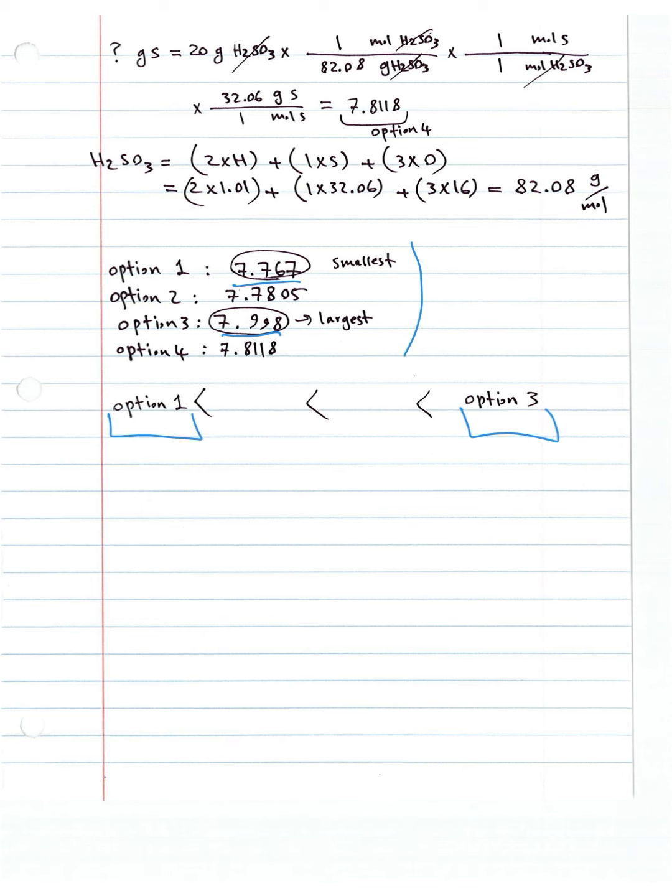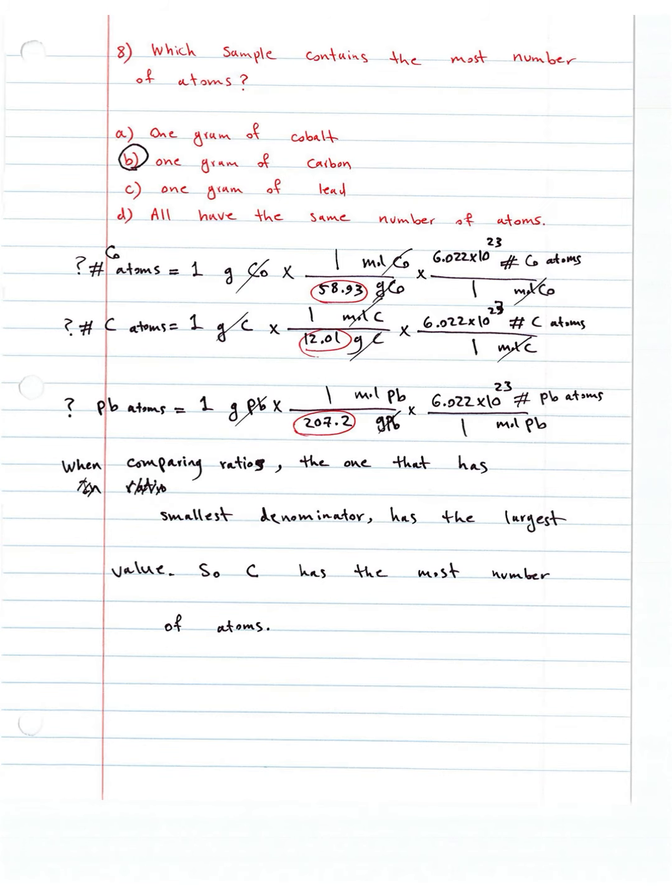And then in between, option 4, option 2 is smaller than option 4. So, which sample contains the most number of atoms? So you say how many